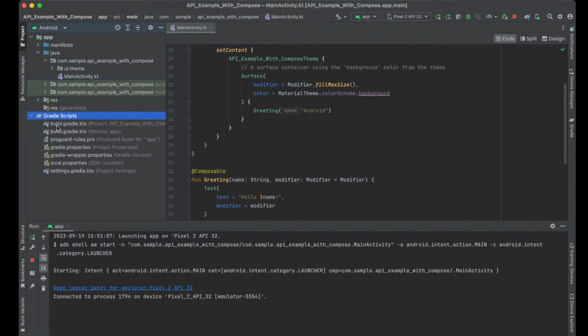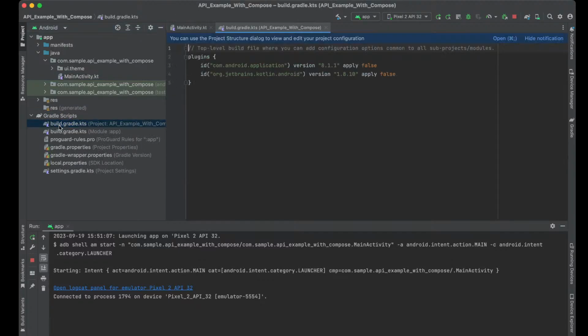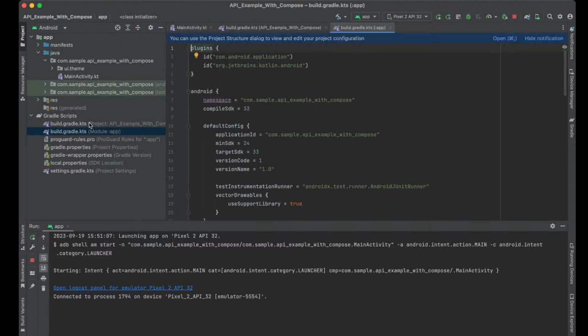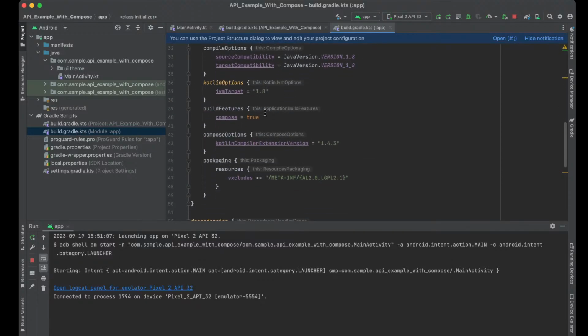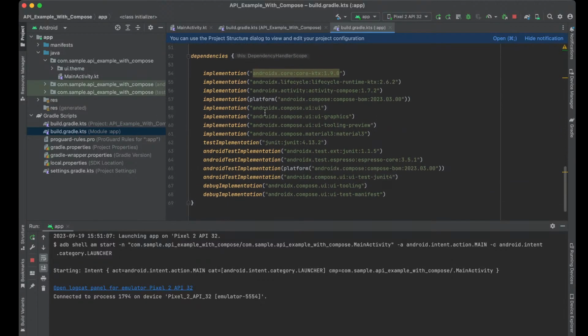And then inside our Gradle, we're going to go to the module Gradle file. There's two Gradle files. There's the project level one and the module level one. So we're going to go to the module level one,